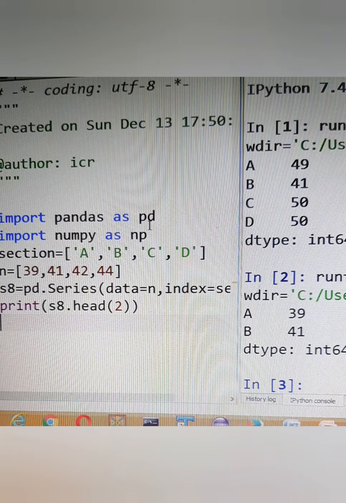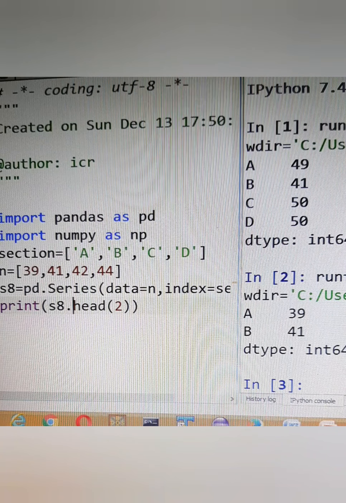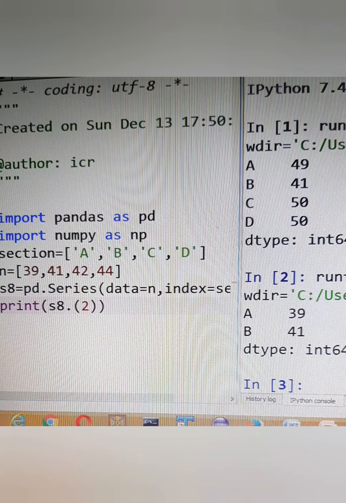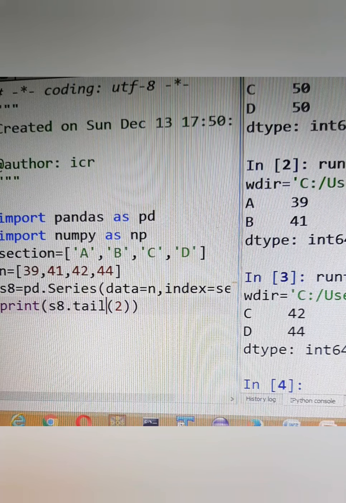Only the first 2 records will be printed. This is head. So in head you can give your own total number of records that you want to see right from the beginning. But instead of head, if I use tail, the last 2 records will be printed. That means tail starts right from the end and then moves upward. So head and tail are the 2 functions used here.